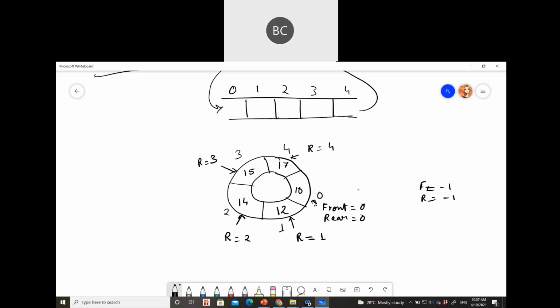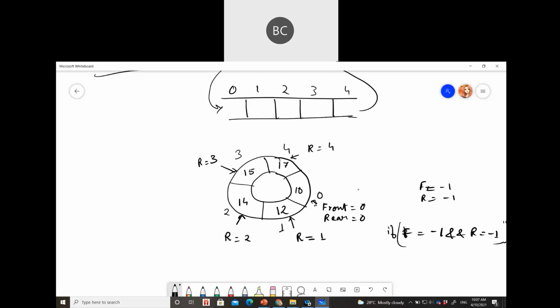So what is the overflow condition here? What will be the underflow condition? Now, if you want to delete something, you need to check whether it is empty or not. For the underflow condition, you can say if front equals -1 and rear equals -1, correct?